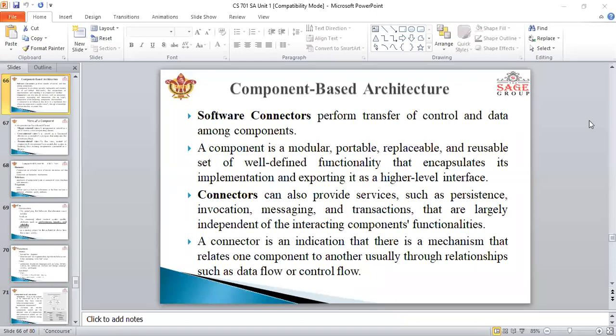A software component performs a transfer of control and data among the components. You can also say that a component is a modular, portable, replaceable, and reusable set of well-defined functionality that encapsulates its implementation and exposes it through a very high-level interface.